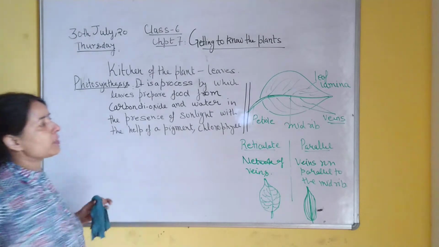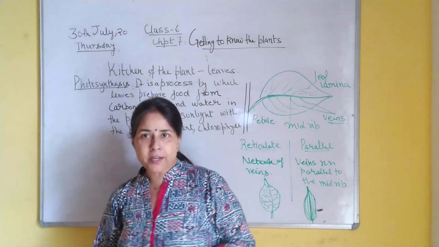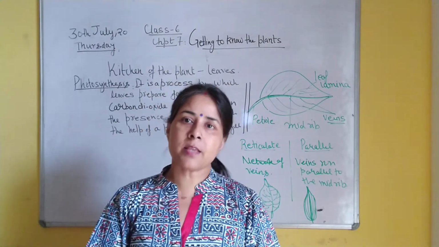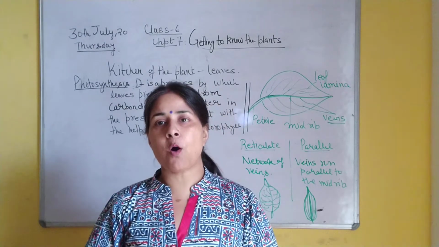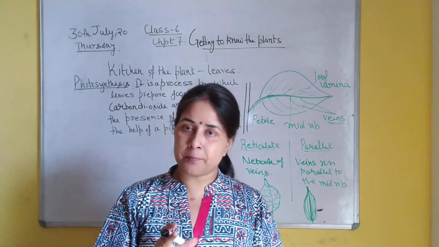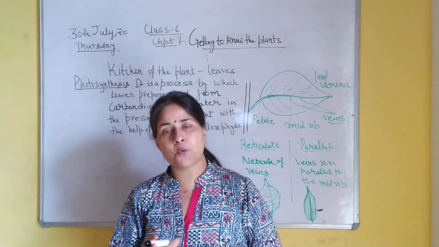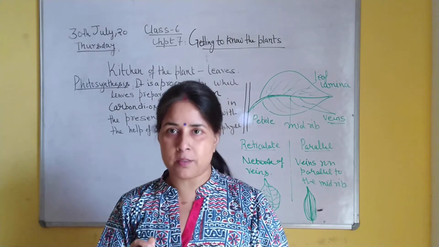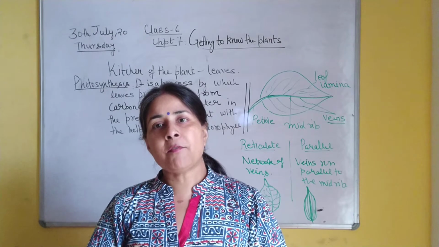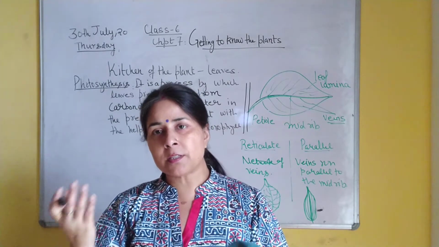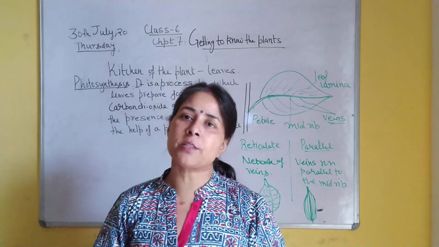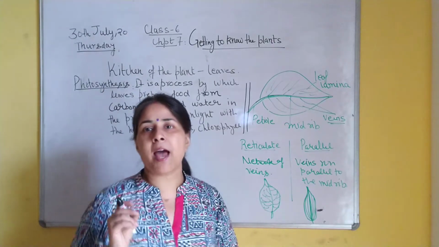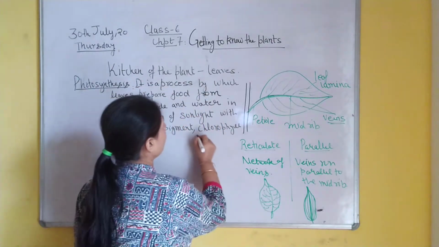So this is photosynthesis. Synthesis means to manufacture, to make something. Photo means light. When the leaves synthesize their food in the presence of light provided by the sun, that process is known as photosynthesis. Now, not every part which is seeing or absorbing light can synthesize food. Why do only leaves synthesize food? Because leaves have a pigment known as chlorophyll.